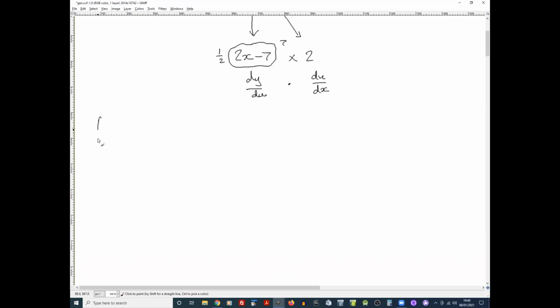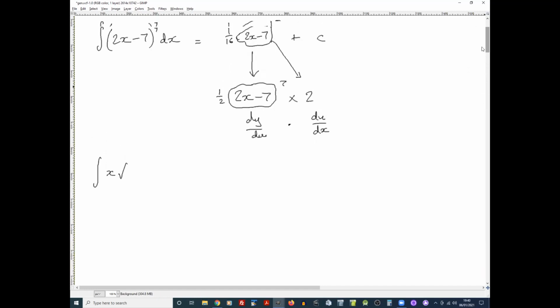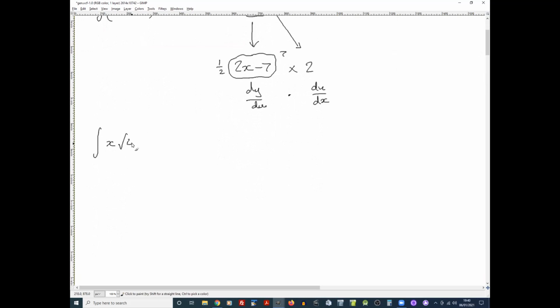Okay. Next one is x root (4x minus 1). In this case, that would be a chain rule again, with the inner function being 4x minus 1 and the outer function being the square root, power of a half. Yep. So you would have come from something to the power